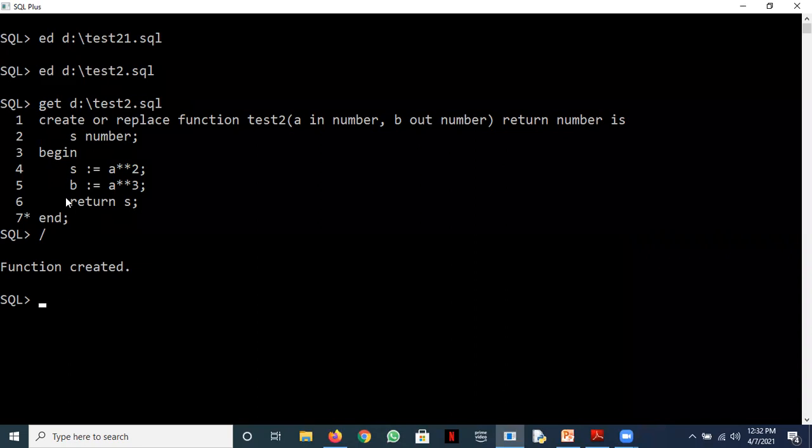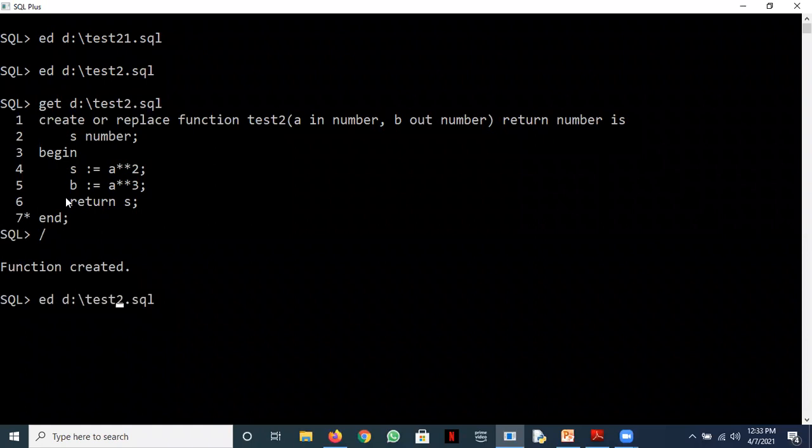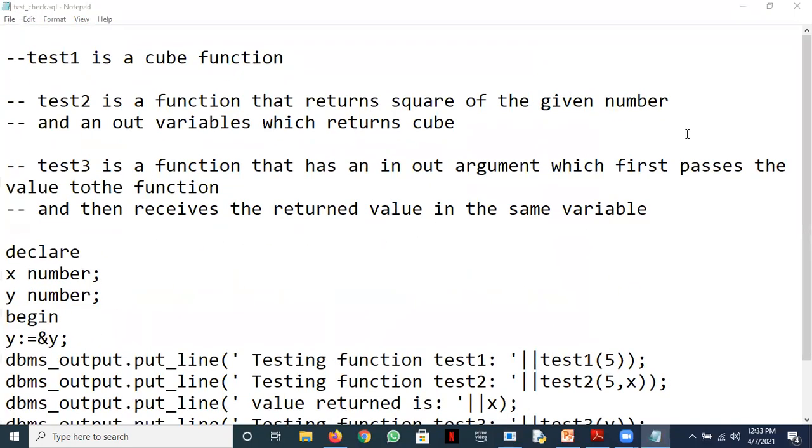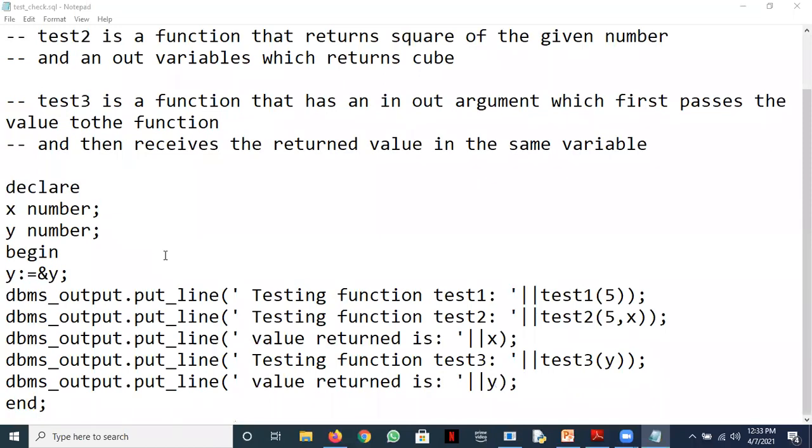So I need to call this function test2. For this, I'll open this code. Okay, look carefully at this code, and I'm calling. Okay, I'll call the relevant parts for you. I'll just remove it from here.